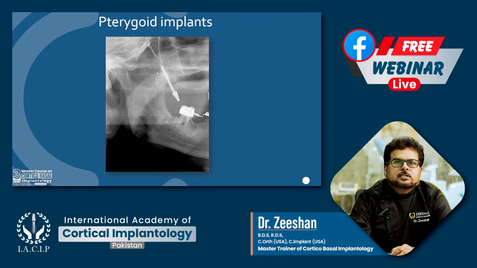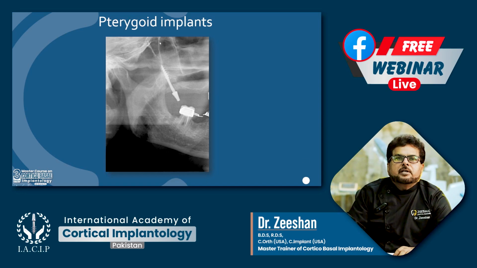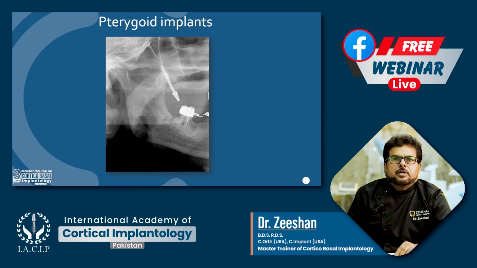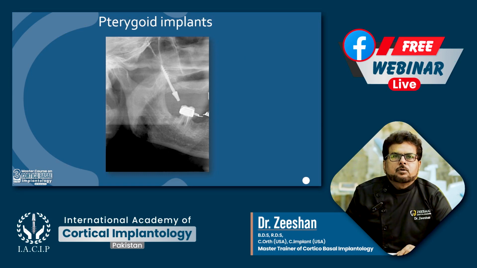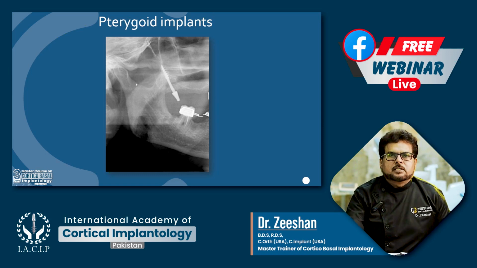See, this is our pterygoid region, and we are approaching from the third molar area, tuberosity area, at an angle of 30 degrees to 45 degrees to reach that cortex, the second cortex, and that is the